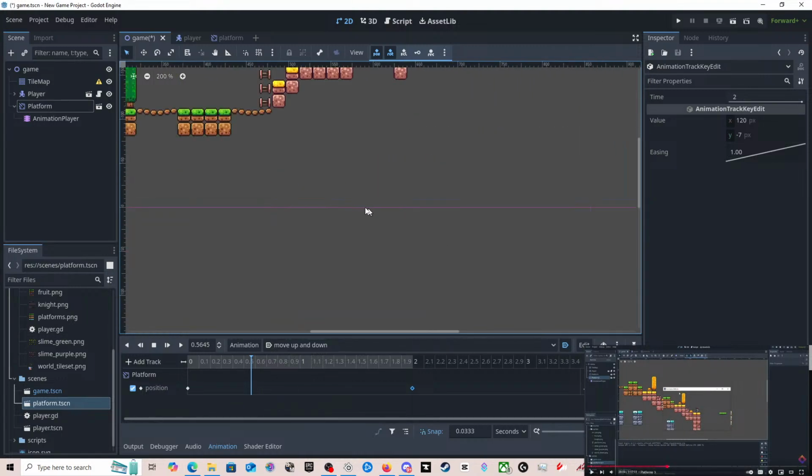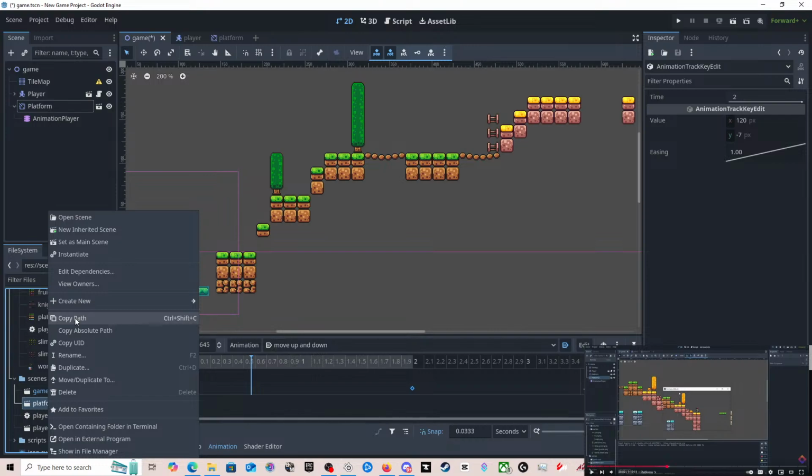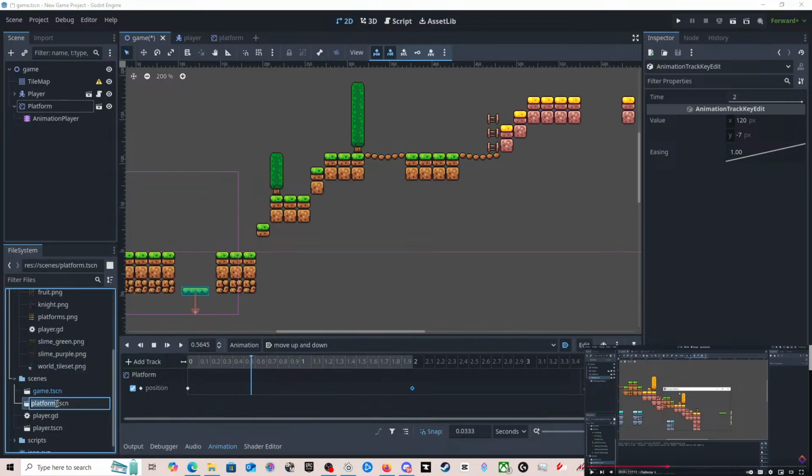Understand. What we want to do now is rename this. Rename that one to platform 1, UD, up down.